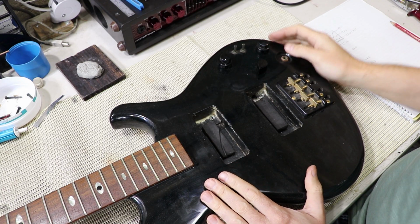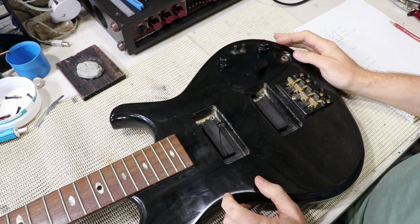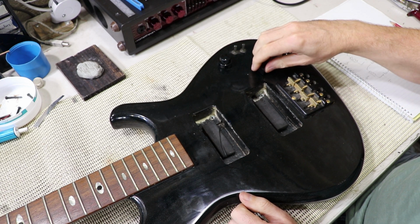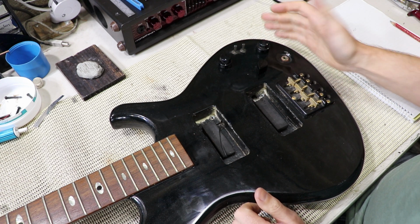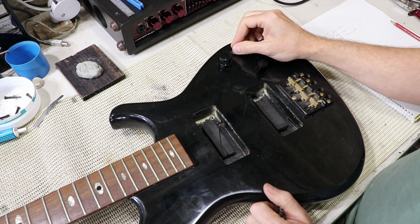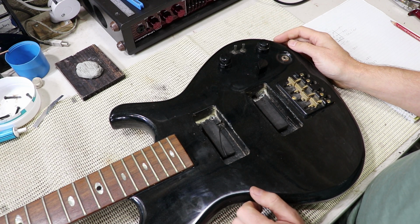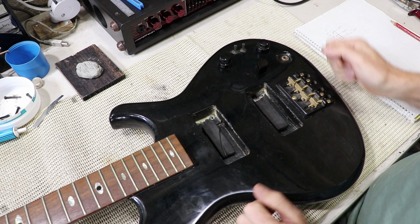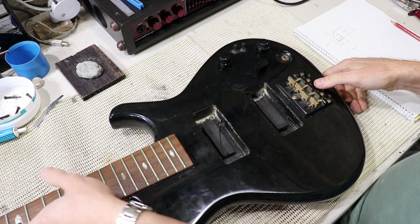The layout on this bass looks fairly quirky, but in function it's actually pretty standard. This is a three-way pickup selector. It's obviously a rotary switch instead of a toggle, and these are simply volume and tone on each pickup. These two switches are series parallel switches. It was very common in the 80s for instruments either to be modded like that, or in this case come from the factory like that. The nice thing about these, of course, is that